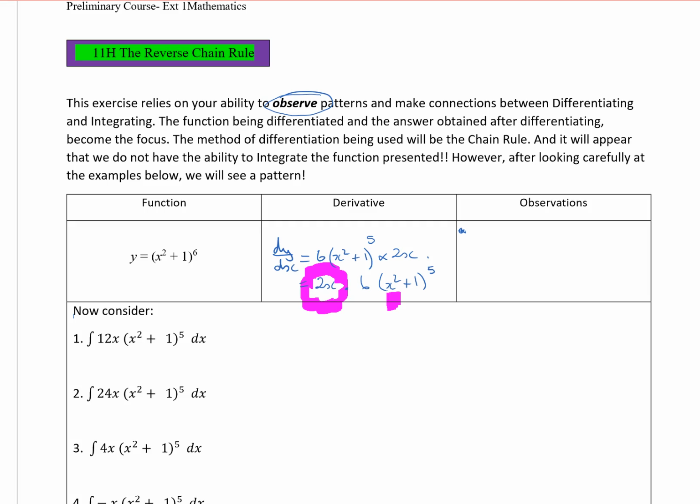What that does then, it allows me to wonder or think about the integral of all of this, say 12x, x squared plus 1 to the 5th. Now, when I see that, it may not be that obvious because 12x isn't the derivative of what's inside the bracket. But you have to have this ability to say, oh, well, I can see it's 12x, but what do I know 12x is? 12x is what I want, the 2x. I would prefer it to be 2x outside the bracket, and that would be times by 6, and really that sits very nicely with the rest of what I have, because this now becomes the power that was brought to the front. So my observation was that the derivative of inside